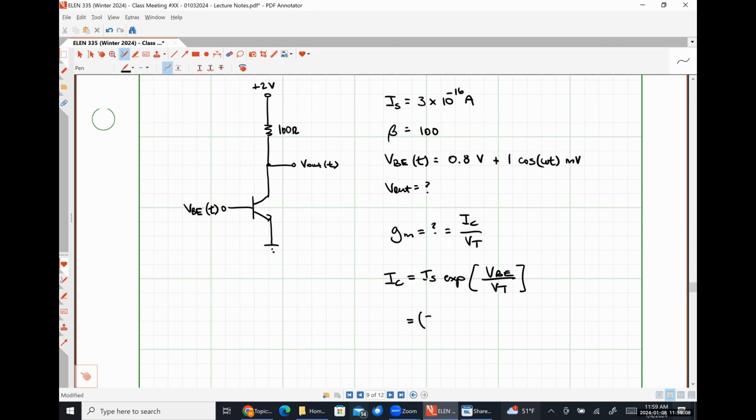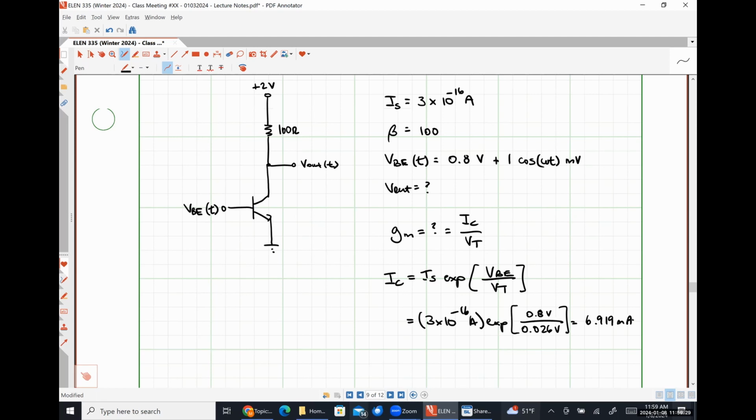So that's going to be 3 times 10 to the negative 16 amps times the exponential of 0.8 divided by 0.026. And that comes out to be 6.919